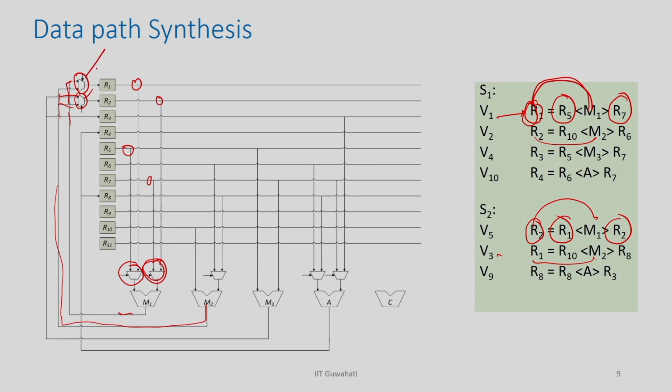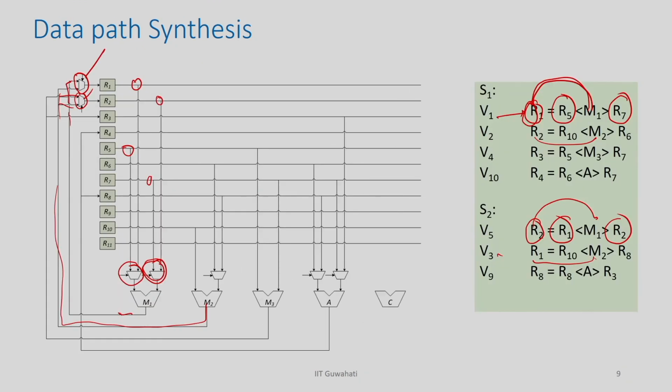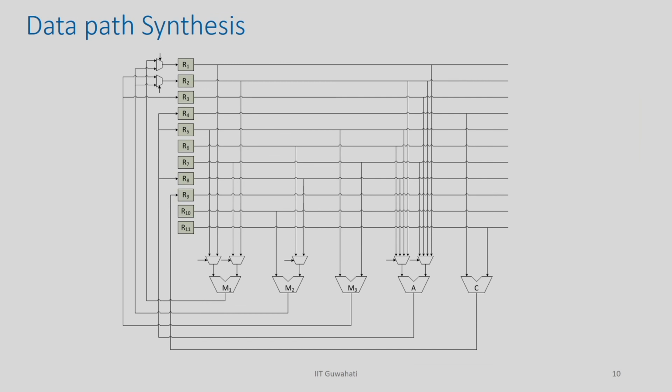And if you do this for all steps you will get some connection like this. So, here I have just shown it for 2 FUs. You can do all the rest of the things. I am not completing the whole discussion, but if you complete this for the complete behavior you will get a connection like this. So, I got this.